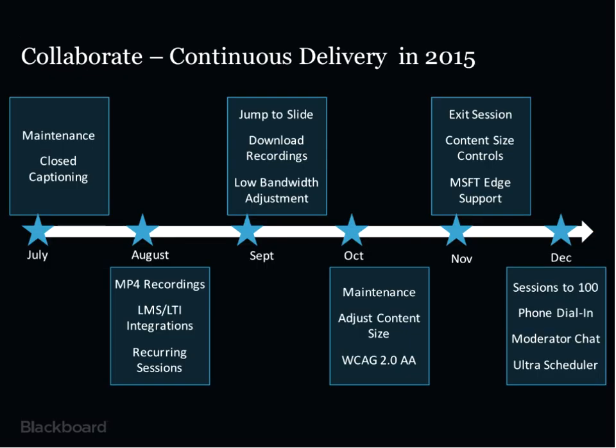I've mentioned the continuous delivery, and this is just some highlights of continuous delivery in 2015, so you can get a sense of, on a monthly basis, what's being added and the pace at which we're adding functionality. So you'll see from July all the way through December, we added a fair bit actually. And some of those additions were really more around maintenance. We took the October release as an example to be really just focused on maintenance, fixing bugs. We added a few enhancements here and there.